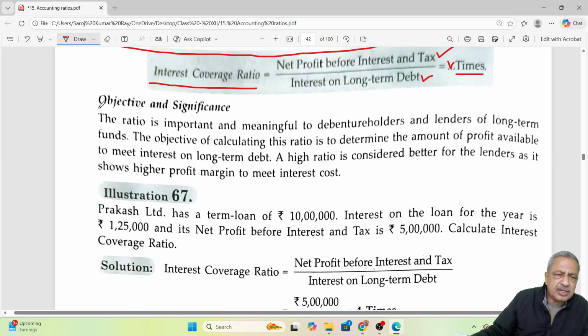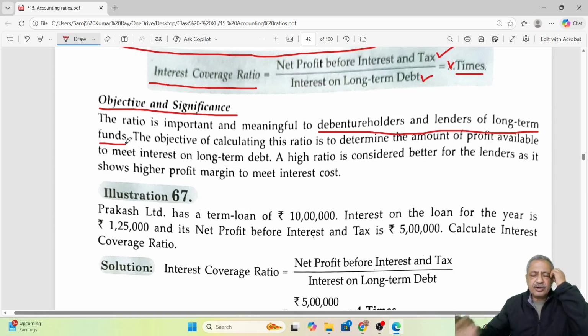Objective and significance. The ratio is important and meaningful to debenture holders and lenders of long term funds. ये डिवेंचर होल्डर्स और जो लॉन्ग टर्म फंड, जो लंबे टाइम के लिए जो लोग लोन देते हैं, उनके लिए इम्पोर्टेंट होता है. The objective of